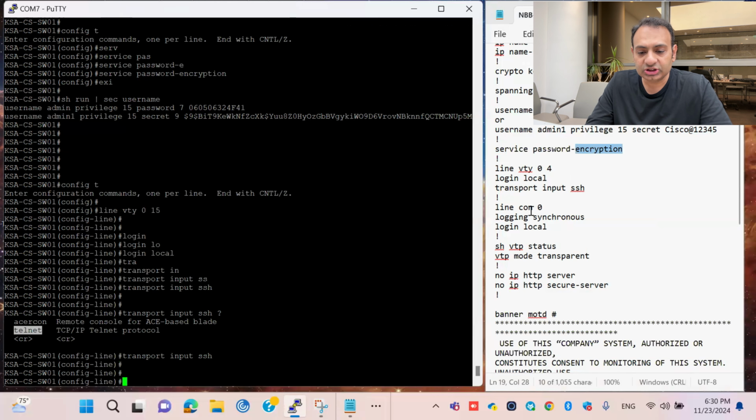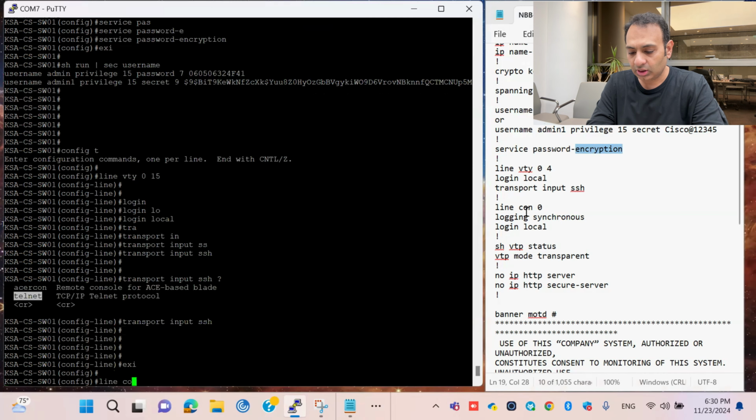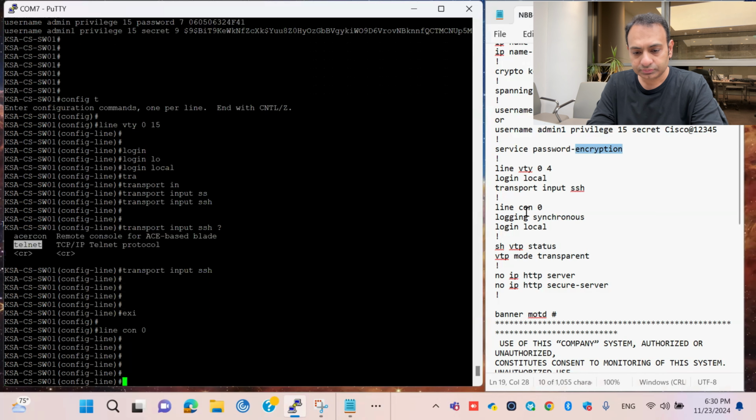Okay, the next command is line console. There is a console port through which I have connected with my device. So I will make this line secure as well, because if I do not put credentials on this one, anyone can come and connect to the console on my device, get the configuration and be able to crack my device. So what I will do now, exit, line console 0,